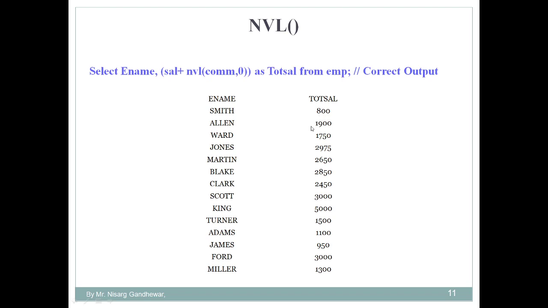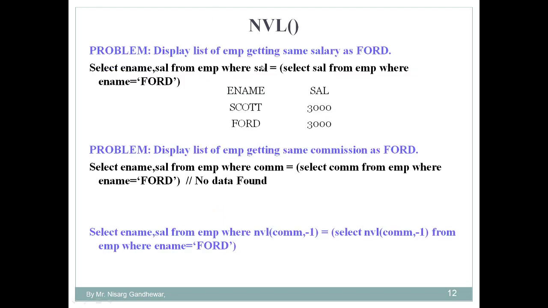So this is how the NVL function helps us locate the null value and replace it with a desired value. It is not the case that we have to replace it by 0. You can replace it by any value that you want, but in this case I considered that 0 is the best one. So I will take another example over here.